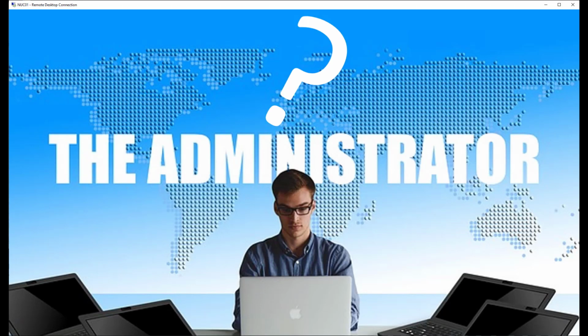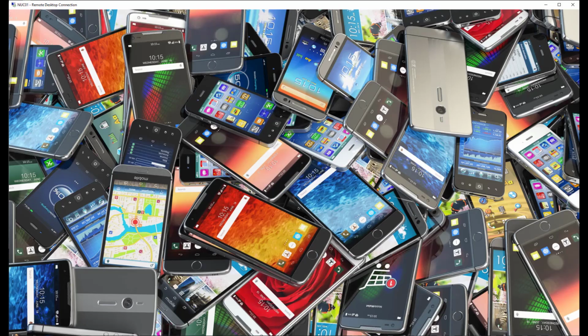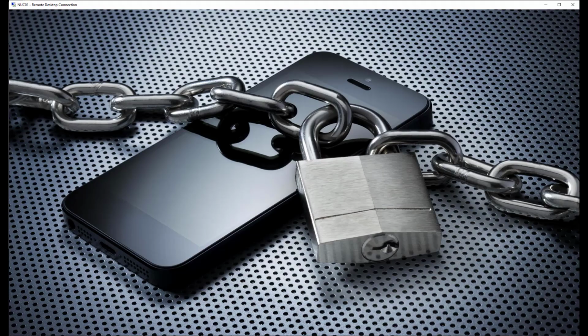Today, I want to tell you a story about the administrator and the administrator modern managing all those mobile devices, all those different flavors of Android, iOS, and in the past we had also Windows Mobile. Of course,